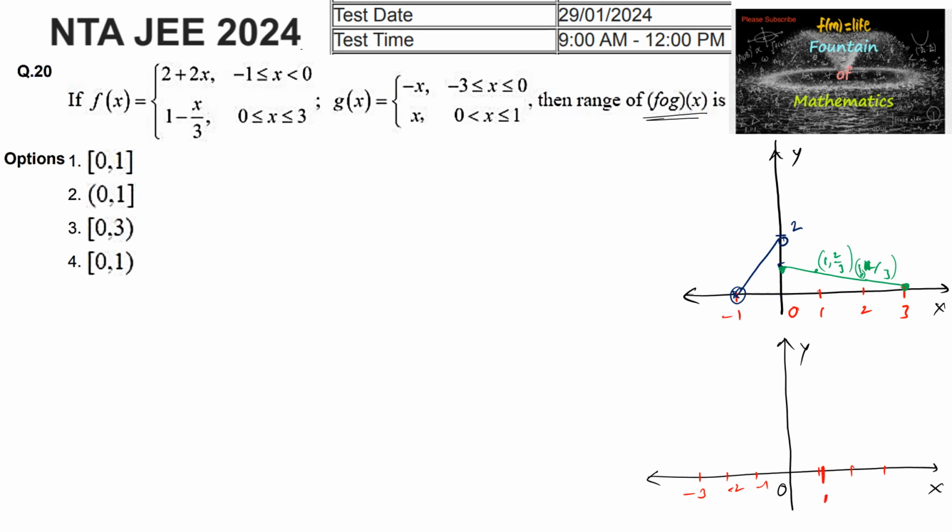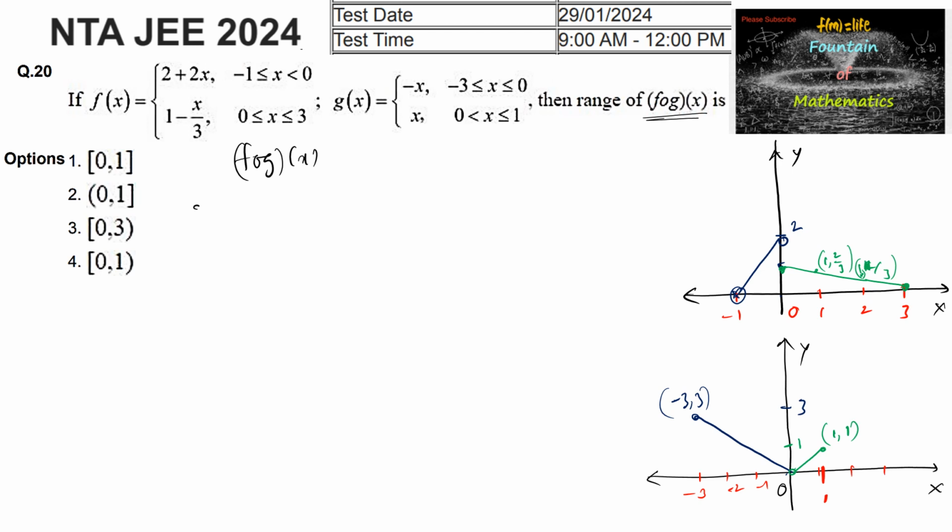From minus 3 to 0 it is negative x. So we can draw the graph. So this is from minus 3 to 0. This is the point minus 3 comma 3, and here from 0 to 1 the graph is positive x. So we can draw the graph. So this is the point 1 comma 1, and now the function f circle g of x,